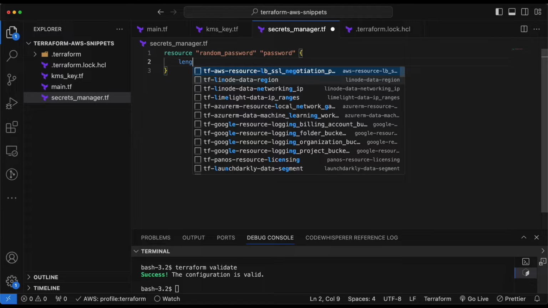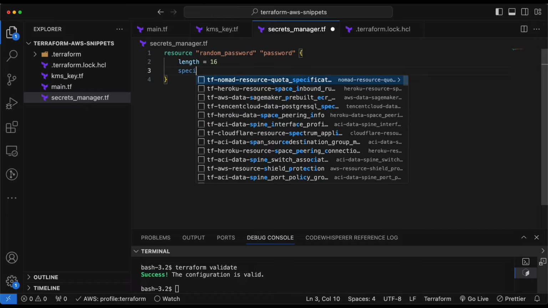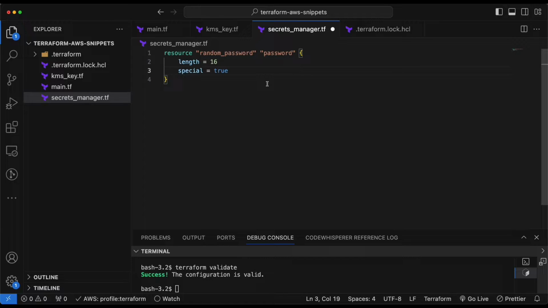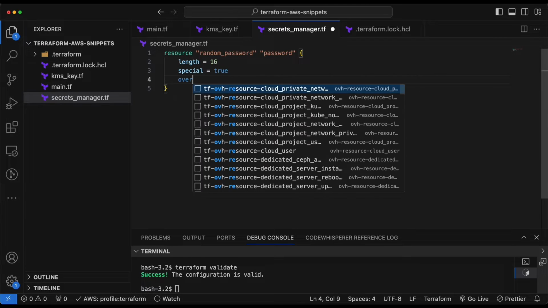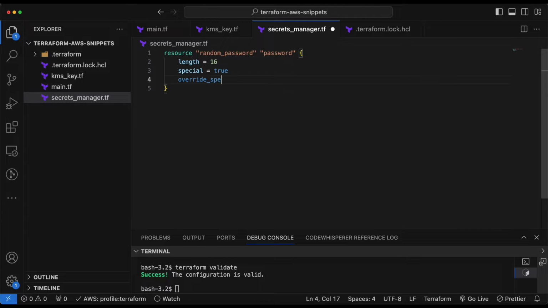The length of the password that I'm going to use is 16, and my password includes special characters, and then I have special. I want to use special characters. Override special equals underscore. I'm going to use some special characters, but it's totally up to you if you want to use